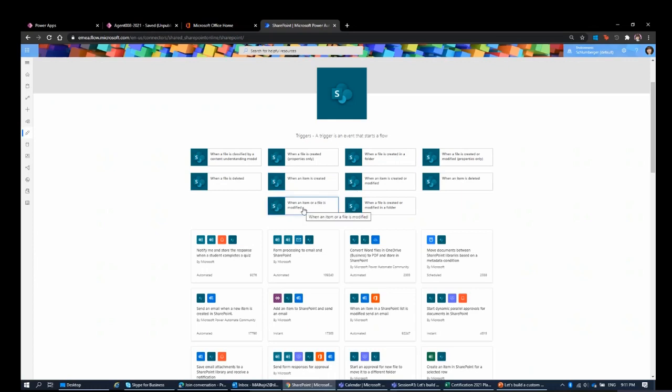Or for example, here we have something else, when an item or a file is modified. Or here, when an item is created or modified, whether someone else or I did any modification. Maybe I want to use this one, but so far, I want to use this one. So just click on it. And once you click on it,